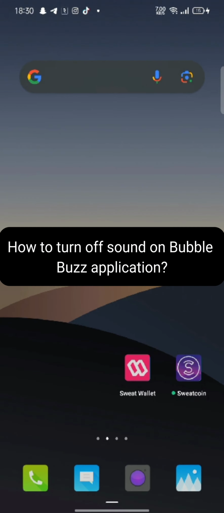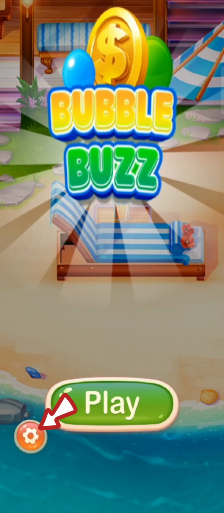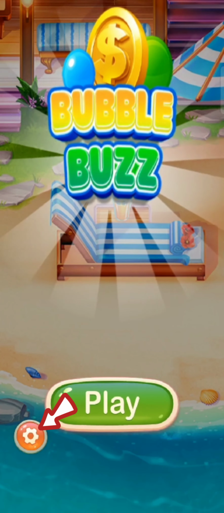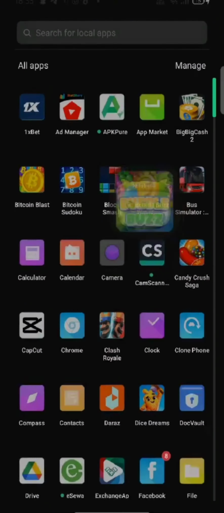To turn off sound on BubbleBuzz, firstly go ahead and launch your BubbleBuzz application. The home page of BubbleBuzz application will appear on the screen. Click on the little gear icon at the bottom left corner of the page. From the pop-up, click on the speaker and music icon to turn off sound on BubbleBuzz application quickly and easily, just